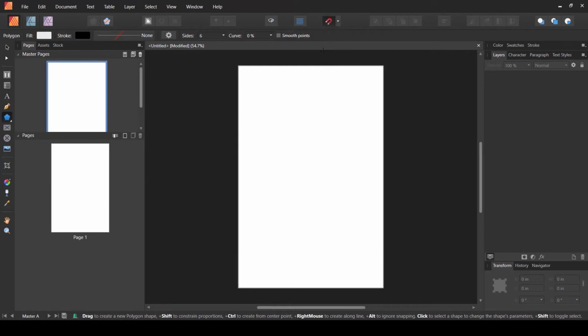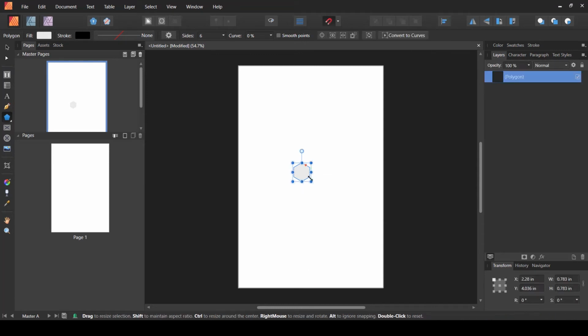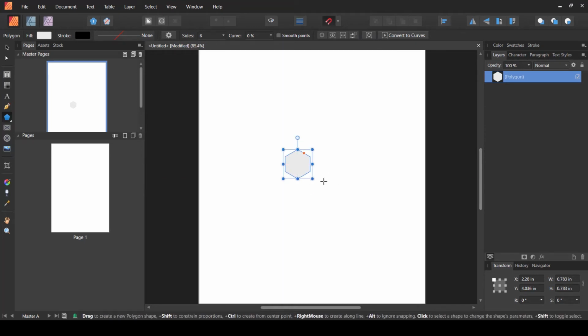So now let's start creating the hexagon shape. As you can see, it's just not a regular shape, and in order to make it a perfect hexagon we need to press Shift. If I press Shift it becomes a perfect hexagon shape. We do not need to worry about the size of the shape at this moment because we can edit it in just a few moments. Let's zoom in, and as I have selected this shape, I'm going to select the arrow tool, and in the transform options I want to make it 0.5 inches.